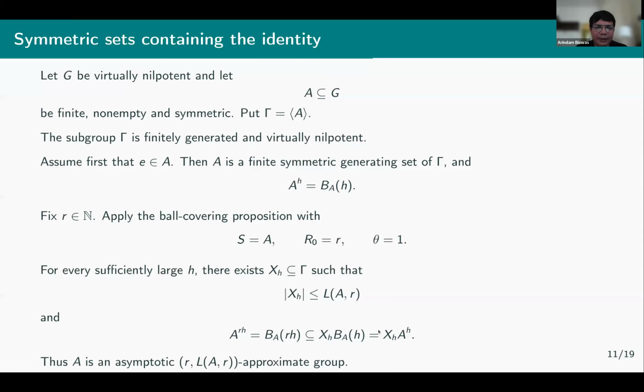And once you have that proposition, it's just a one line. If you take a virtual nilpotent group, we know that it satisfies this Bass-Guivarc'h condition. And then you just translate what we wrote in the proposition to the growth of these sets. So this is just one line, and that's why we are using the symmetric sets in that form: because of symmetric sets we could use Bass-Guivarc'h, otherwise for asymmetric sets it's not known.